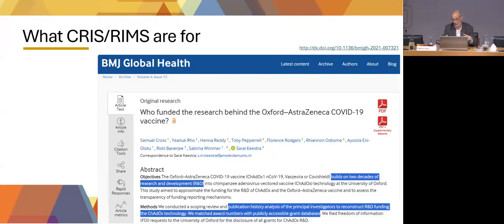So with regard to what I'm talking about today, this is to say that this information should be kept in an institutional research information system. So there shouldn't be any freedom of information request needed to collect that information from the outside, because this is part and parcel of what open science means, to make all the information openly available in order for anybody to be able to collect it and analyze it.